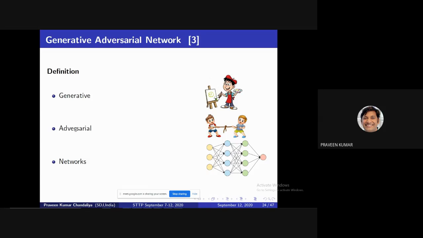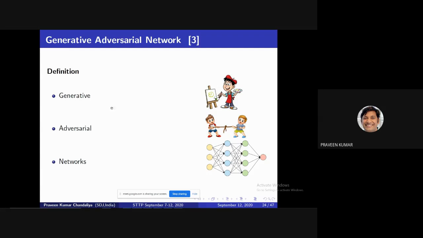Adversarial loss is the fighting between these two components. One component is your generator, and the second component is your discriminator. The loss between them is the adversarial loss. In the coming slide, I discuss what the adversarial loss or network is. This network may be a fully connected layer, may be CNN based, or may be deep CNN based.